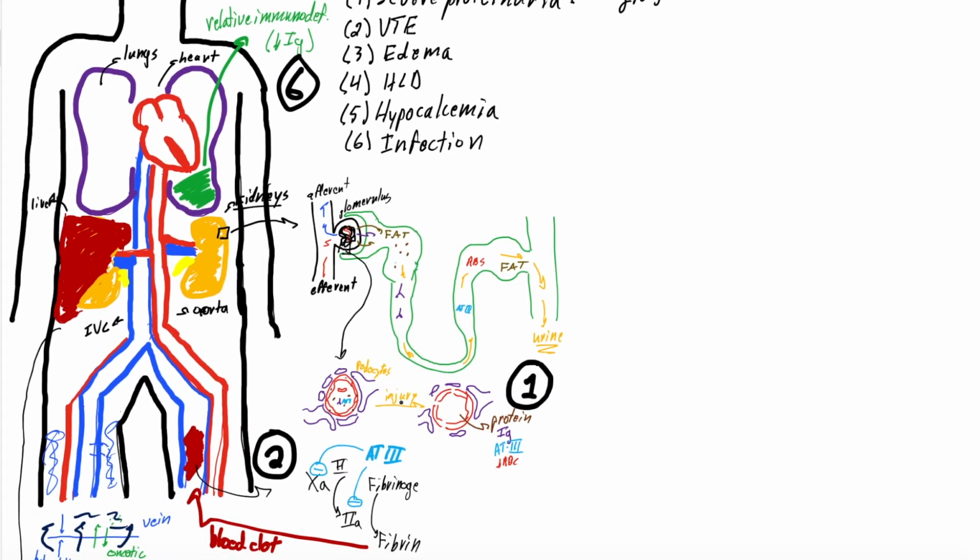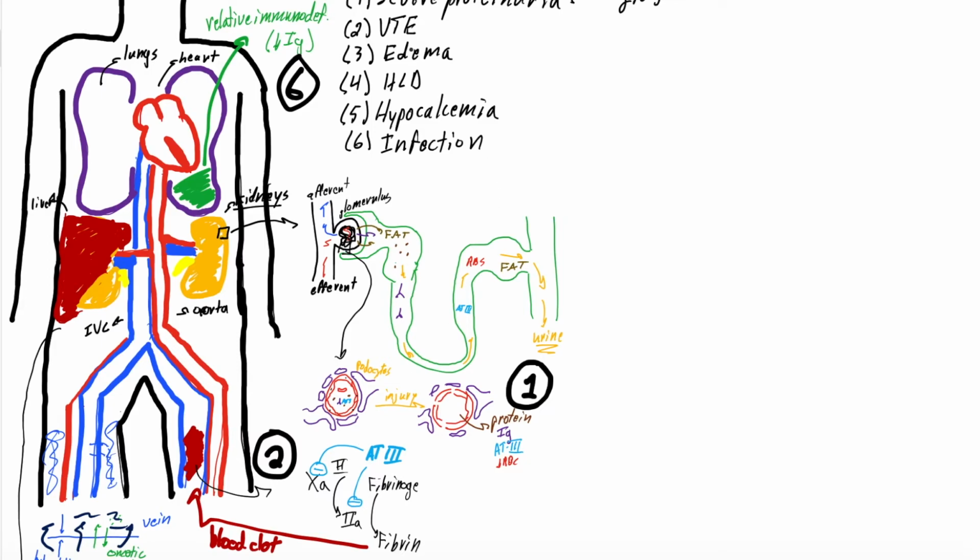So in nephrotic syndrome, we get an injury of the podocytes. The podocytes are finger-like projections that wrap around the glomerulus. When those podocytes are injured, things from within the glomerulus that usually would just stay intravascularly, go into the afferent, and then be in the venous system and not end up in the nephron, start to leak out of the glomerulus. Things like protein causing severe proteinuria, things like antithrombin 3 leading to venous thromboembolism as your coagulation cascade is